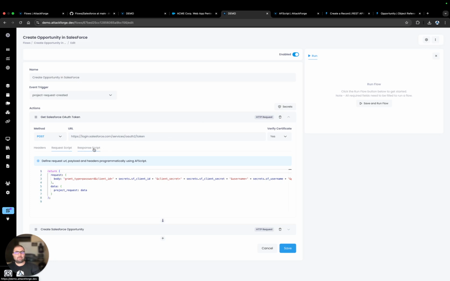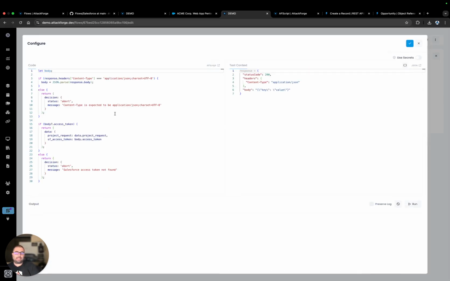So the response back from this first action should hopefully be an OAuth token. So we can take that response script and have a look at how we can extract that token and then continue our flow. So the response will come back from Salesforce, and we can access that information within AttackForge as an object. So response has a status code, which is the HTTP status code from the server,